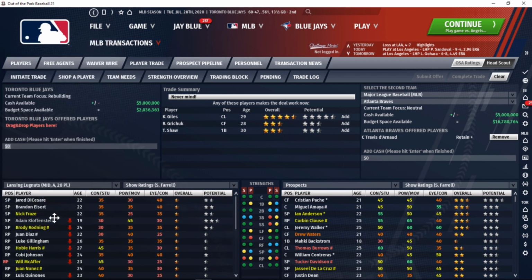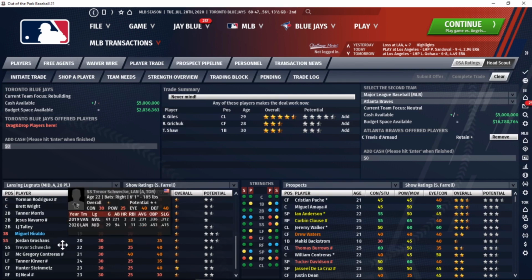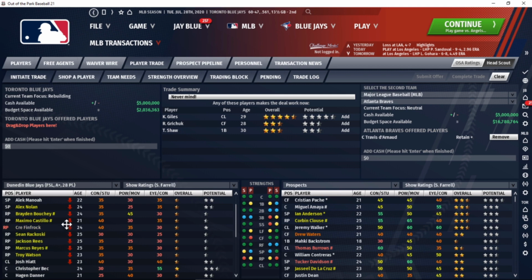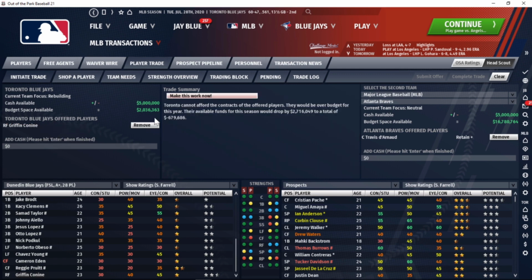Let's look at who's in Lansing. So who's our best prospect here that we feel like we can really give up to get something? Well, Miguel Geraldo is suspended. Dunedin, we have Moreno. I'm going to offer Griffin Conine and see...